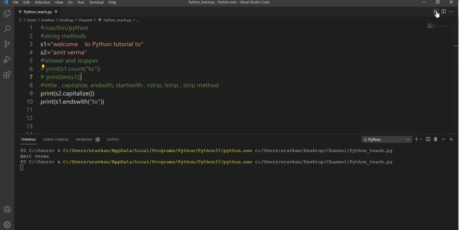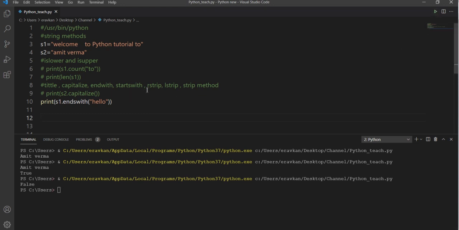So I can check, true. And if I give something like hello and check, it will come false. Similarly, you can check startswith.